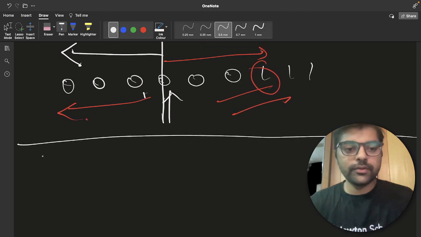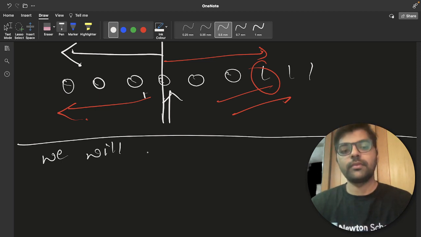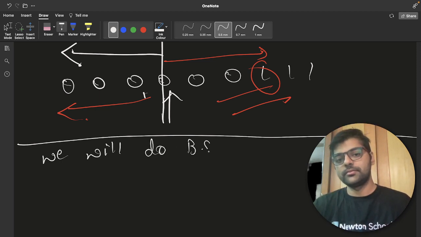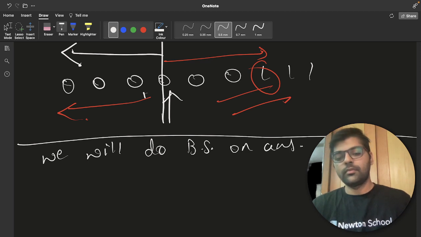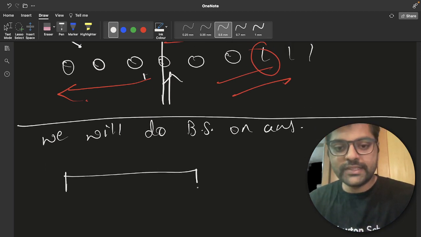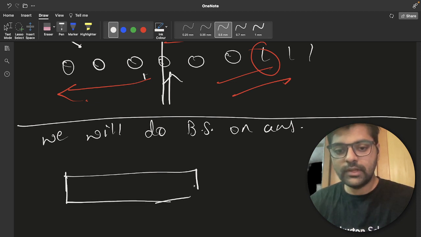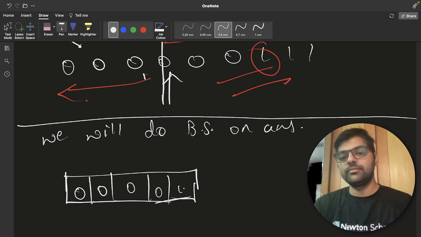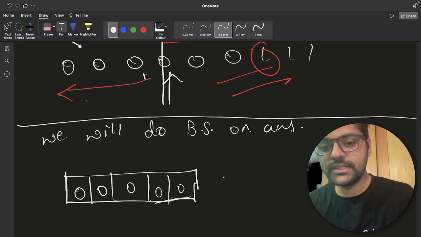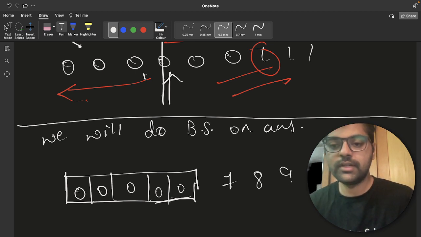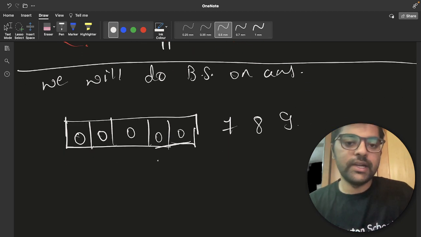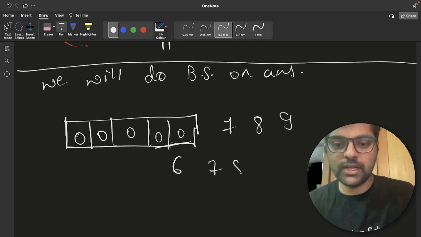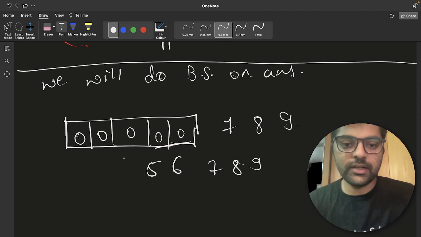So now what we will do is binary search on answer. Let's say I make these 0 and the rest is non-decreasing, let's say 7, 8, 9, or let's take 6, 7, 8, 9, 5, 6, 7, 8, 9, and here it is 12, 13, 14.